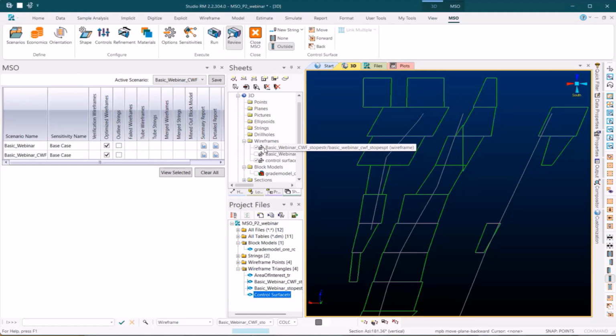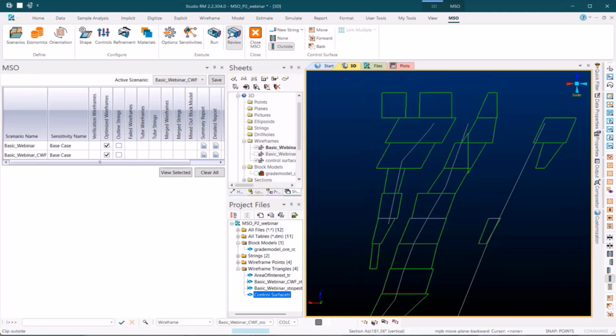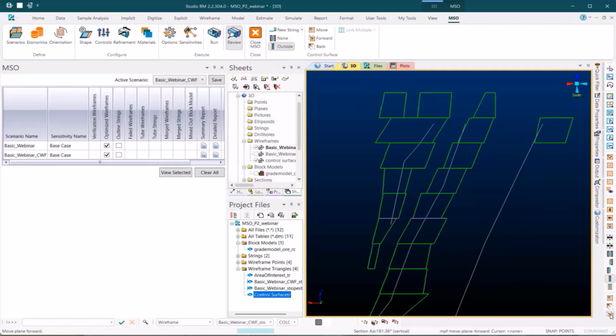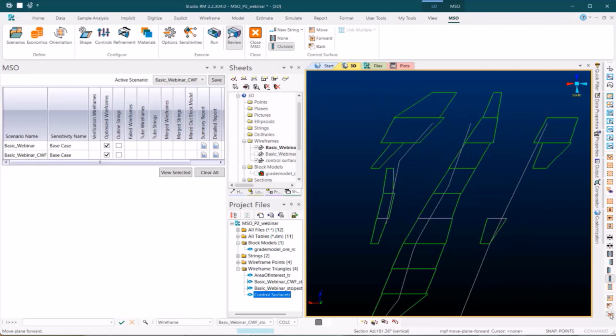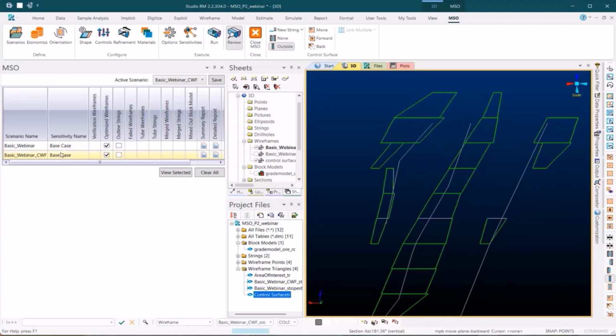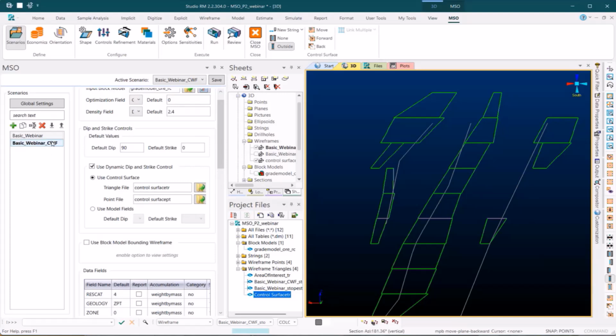So that's the control surface. If you can see, the dip is following that control surface. All right, next I'm going to look into another similar feature,